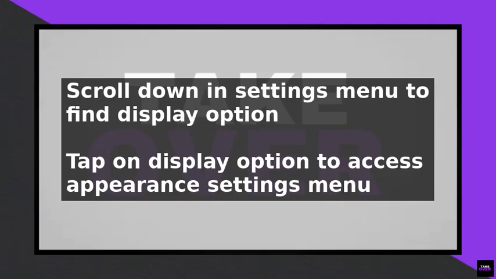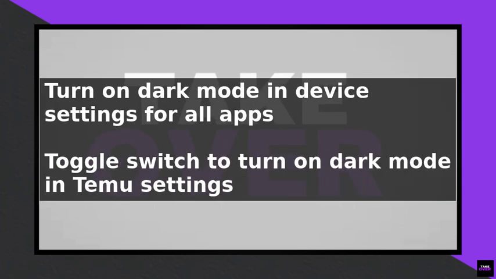in low light environments. Alternatively, you can also turn on dark mode on Temu by going to your device settings and looking for the display or accessibility options. Some devices have a built-in dark mode feature that can be applied to all apps, including Temu. By turning on dark mode in your device settings, you can enable dark mode on Temu and other apps that